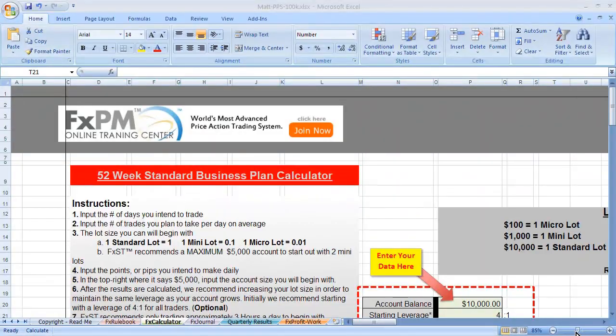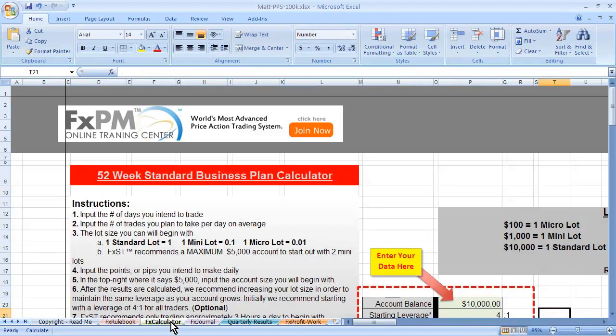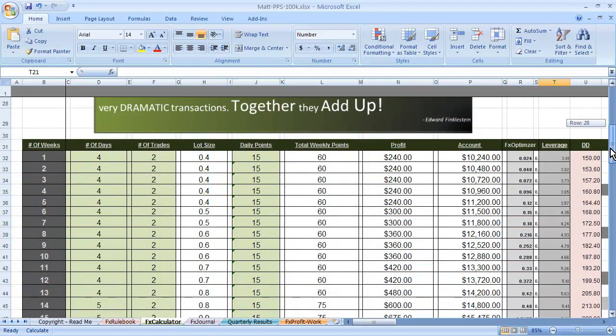Our PPS is comprised of a spreadsheet we personally use to monitor our traders' performance, record keeping, and planning. There's also a rule book to keep track of all the personal trading rules you may have. We also built in what most traders find to be the coolest part, which is the profit calculator. Here you can input your data, account balance, leverage, and drawdown, and it automatically calculates your entire trading plan. As you look down at the columns, you can see the number of weeks set out in the plan. You will also see that you can edit any of the green cells, for example, the number of days you